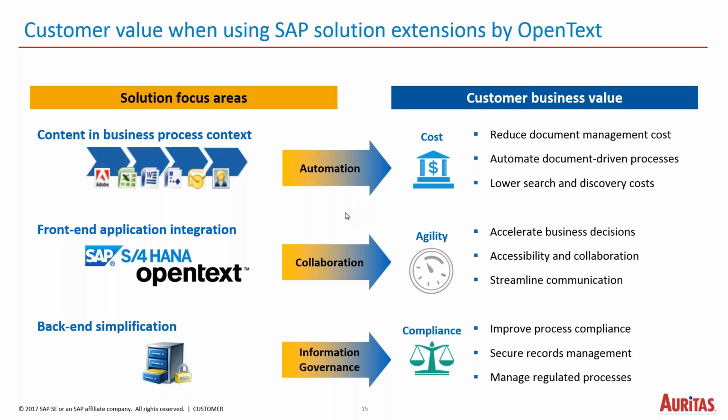When you look at integrating content in context of business applications, there's collaboration capability that exists in the OpenText solution extensions that helps bring the right people and content together into collaborative workspaces that helps accelerate business decisions and brings the right information to the right people at the right time. It helps keep track of version control and revision history so that you've always got the latest version of the